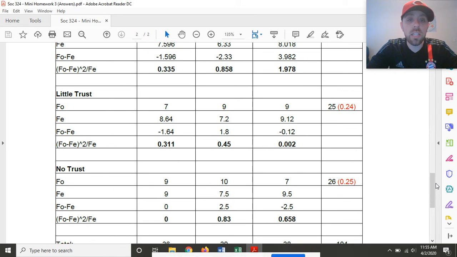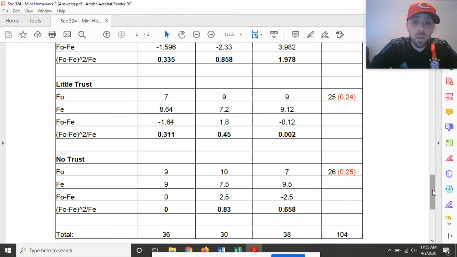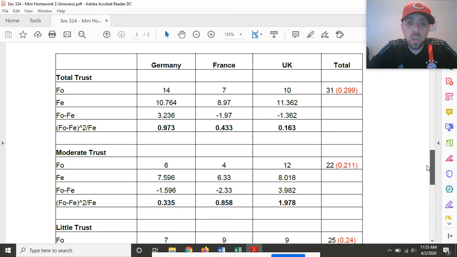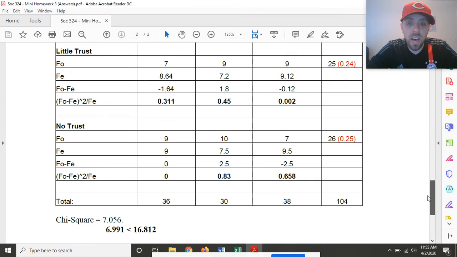Moving down to little trust, going left to right, 0.311, 0.45, 0.002, almost identical. 0, that means it is identical, FO and FE, 0.83, and 0.658. I sum all of those values, since we have a 3 by 4, or 12, actually. 1, 2, 3, 4. Yeah, 12, I'm sorry. I sum all 12 of those values, and I get a chi-square of